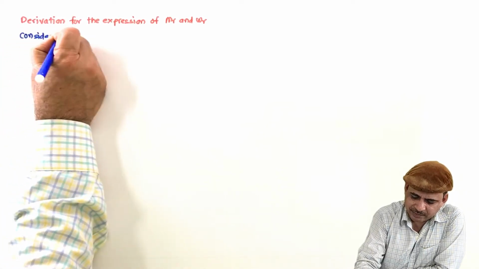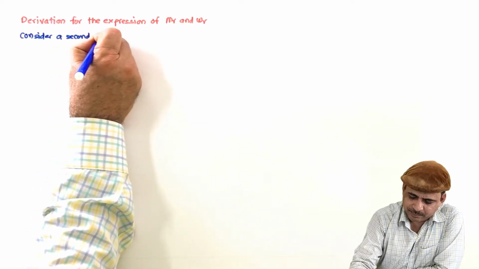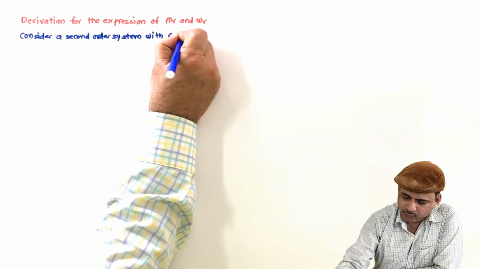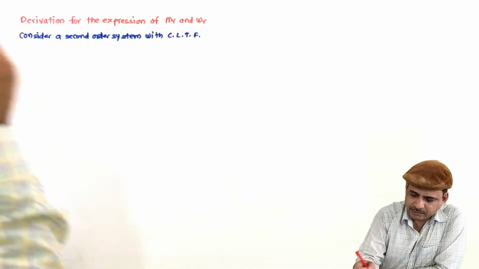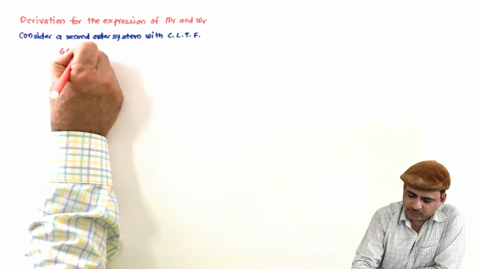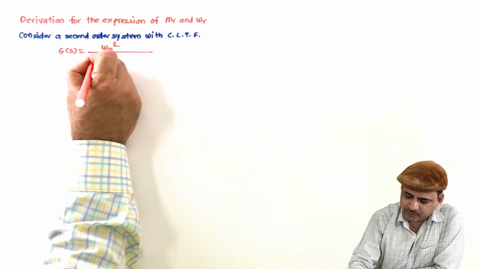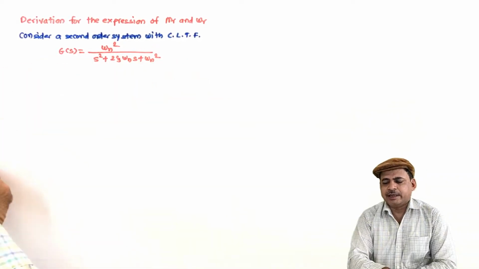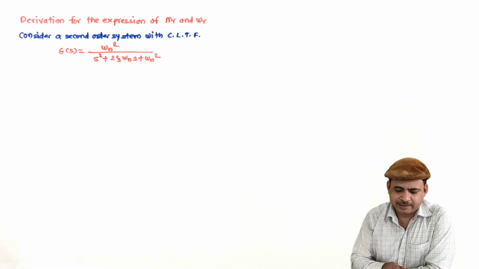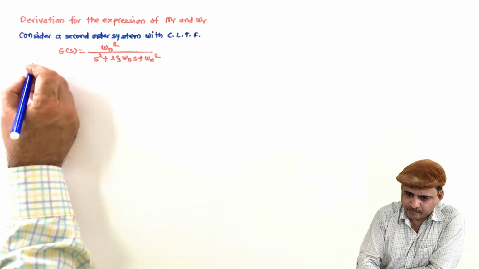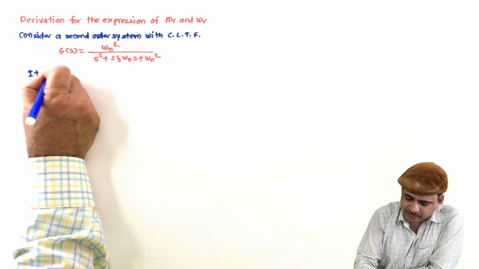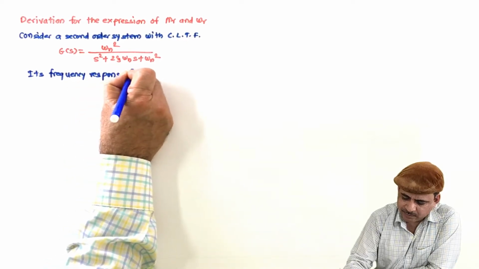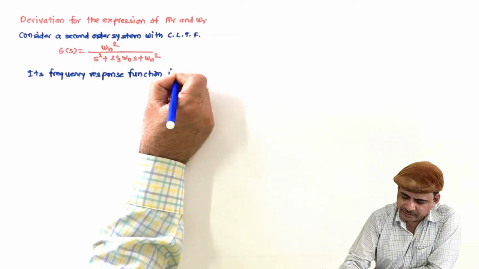Consider a second order system with closed loop transfer function G(s) is equal to omega n square upon s square plus 2 zeta omega n s plus omega n square, and this is typically the underdamped system with zeta less than 1 by root 2. Its frequency response function is